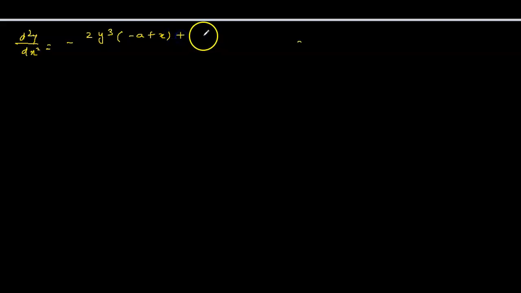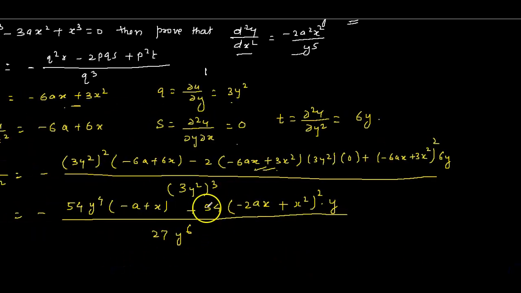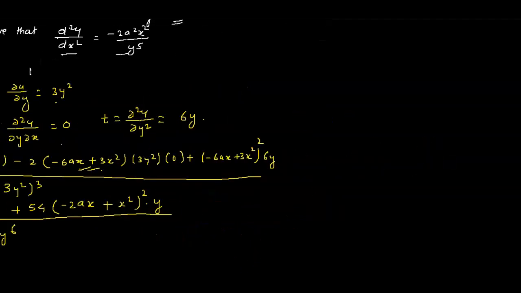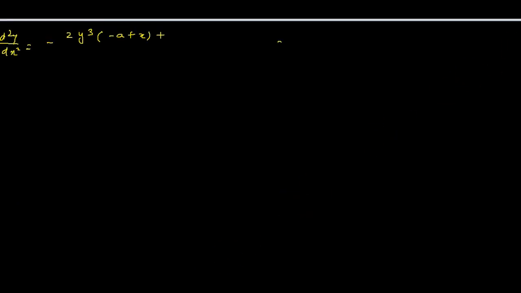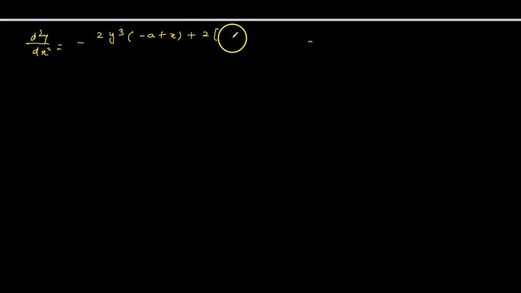And in this one here, second part, this 27 cancels here, 1 y cancels here. So 2, and this one you can write as (a plus b) whole square. So we can write this one as a 2 as it is, and (a plus b) whole square means this becomes 4 times a square x square plus x power 4 minus 4a x cube